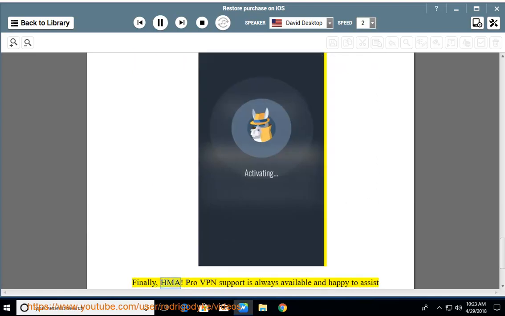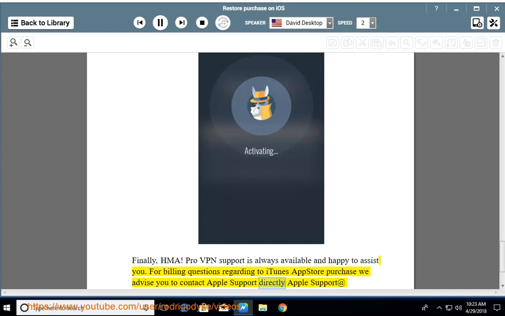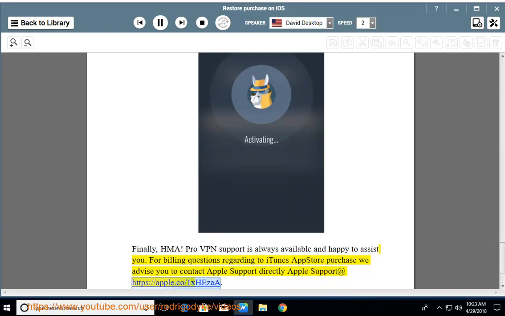Finally, HMA Pro VPN support is always available and happy to assist you. For billing questions regarding an iTunes App Store purchase, we advise you to contact Apple Support directly. Apple Support at https://apple.co/1xheza